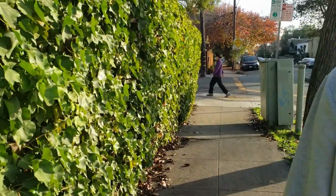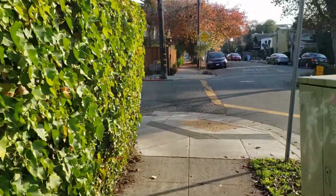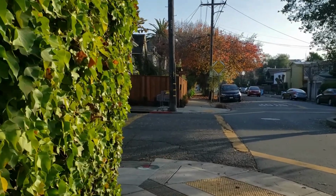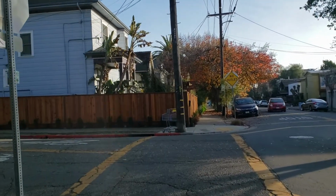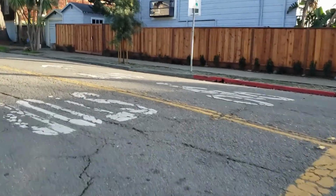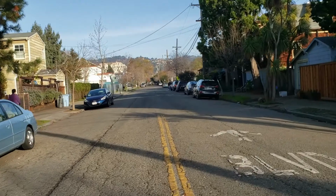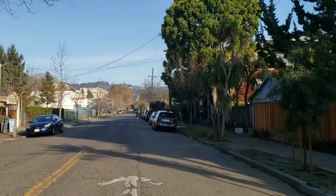Does anyone know the name of the plant on our left? The kind of like leaves that grow on the wall like that, because I love it. But I always forget what that's called. You can see the hills off in the distance there. It's a very cute